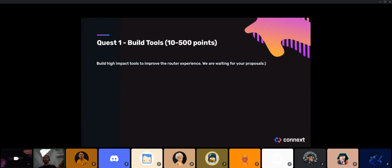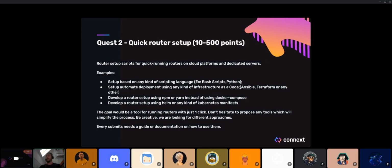Okay, and now on the higher, more complex ones, like around the build tools, we're looking for high impact tools that will improve the router experience. So here we are open to suggestions, in a way from your experience from running the routers. On the second quest, we thought about a quick router setup. For that, for example, we are exploring ways in which you would have a router up and running with minimum effort. So some examples that we thought about would be